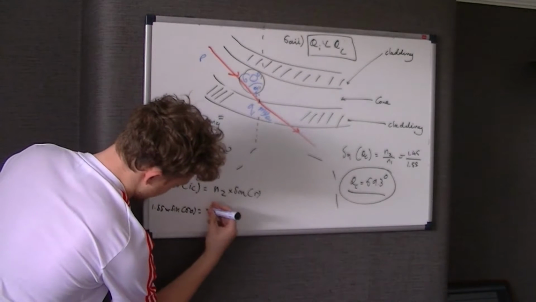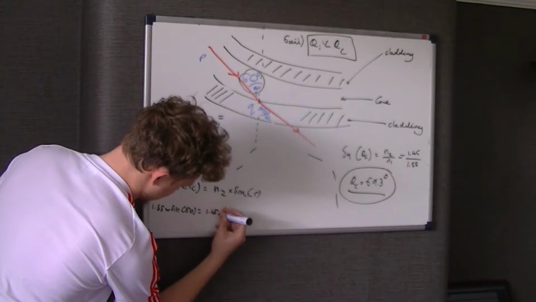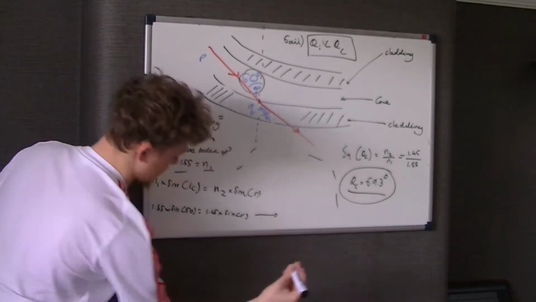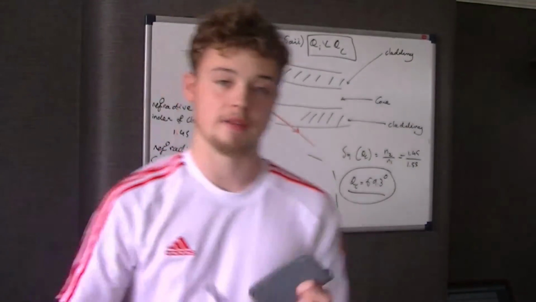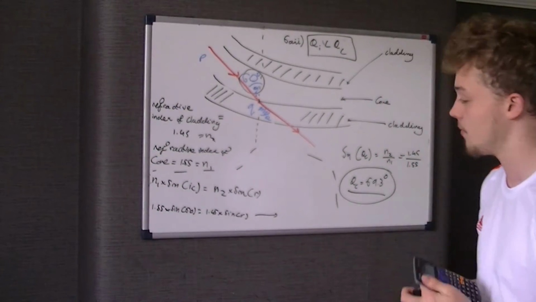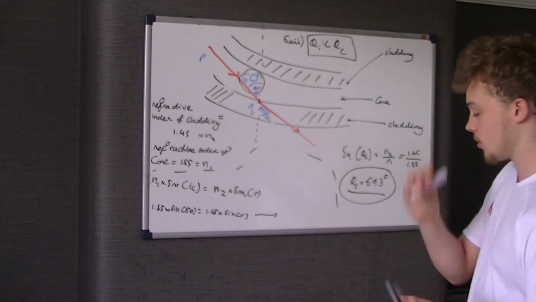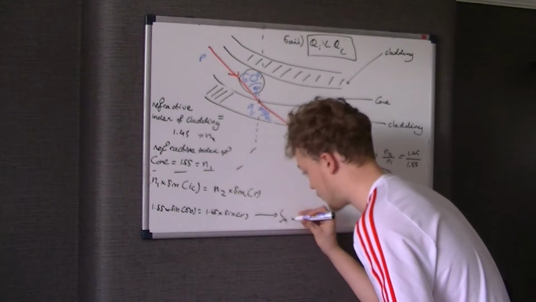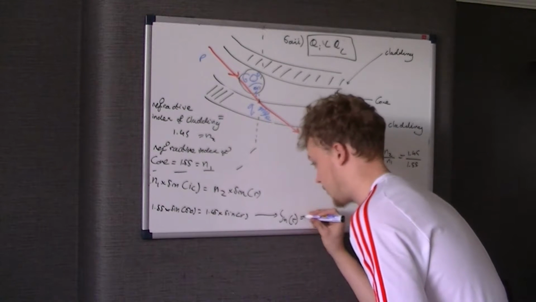Okay, n1 sine of the incident angle is equal to n2, which is 1.45, times the sine of the refractive angle. Now it's just a case of rearranging it. I wouldn't work out what 1.55 times the sine of 60 is just yet, although you can. It's nice to keep it all together, so you're not accidentally copying something wrong. Okay, so the sine of the refractive angle is just